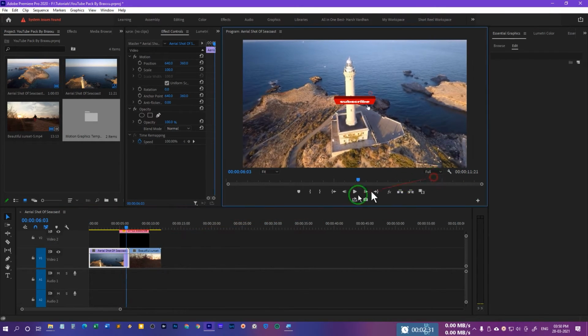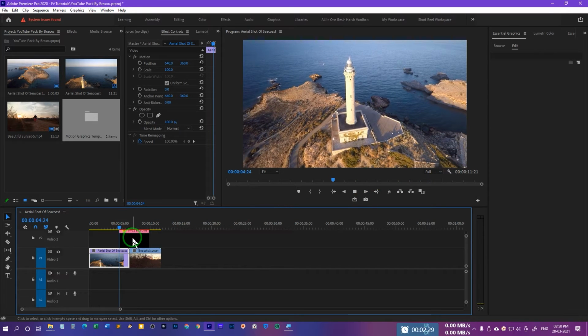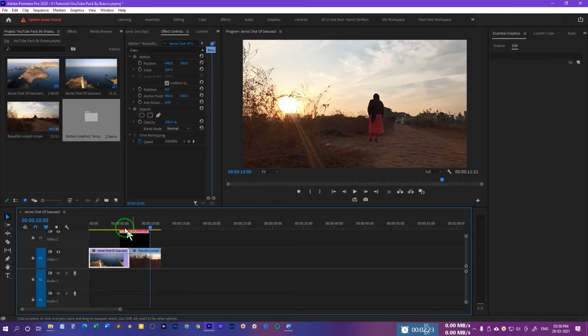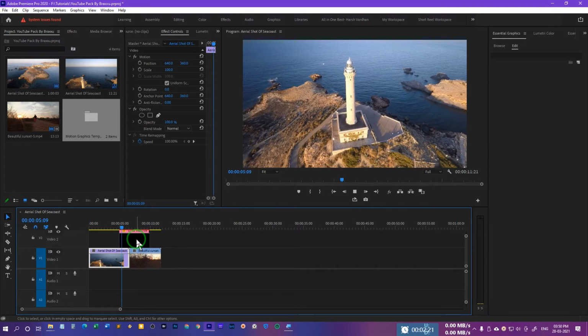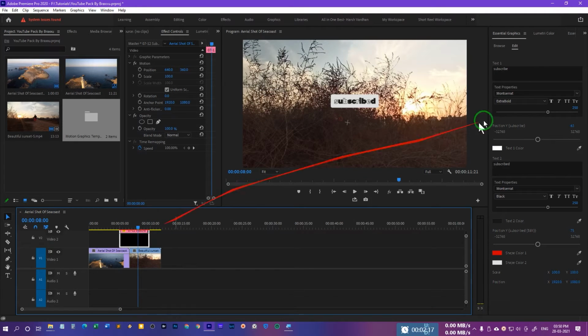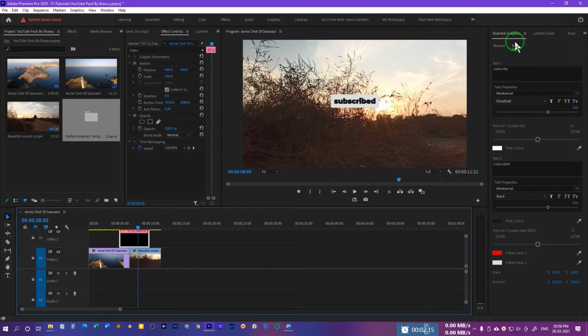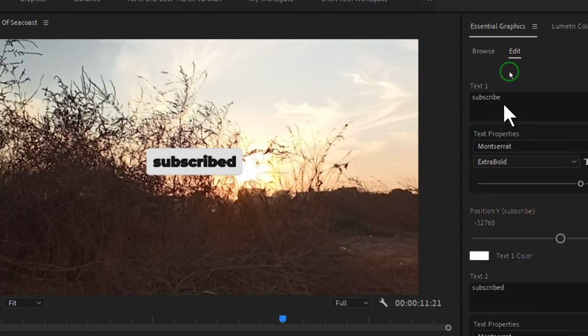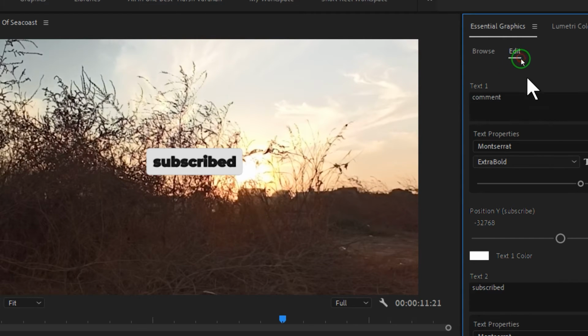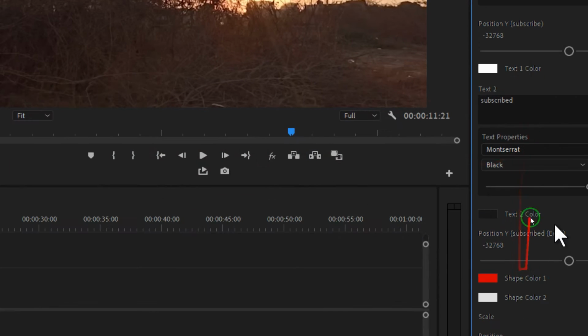Let me just make it full. Alright, resolution full. And alright, so this is how this looks. Okay, and we have the option, if you go to the edit, you can just change this to something else, like comment. So you can write comment and that would be changed to the comment, and